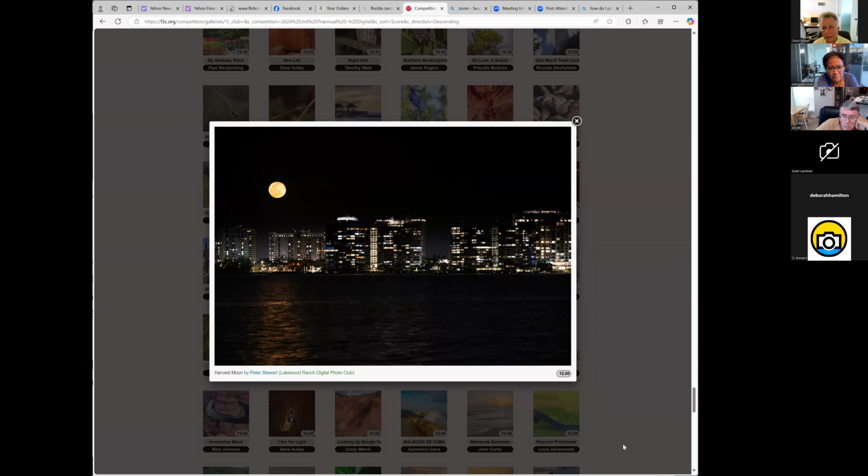there's a lot of dark area in the image. I'm not sure why the moon is so far over to the left. The horizon's kind of right in the middle. There's not a great deal of reflection. So in my mind, there's not a lot of impact in this particular image. And I think that's why it got scored so low, but also the composition is probably more centered than it needs to be. And it might be even a little out of focus in terms of some of those background images.